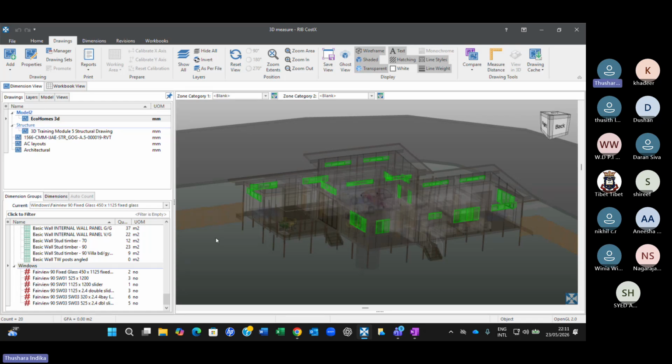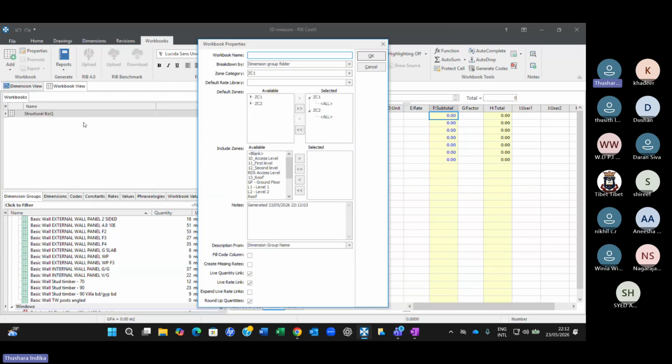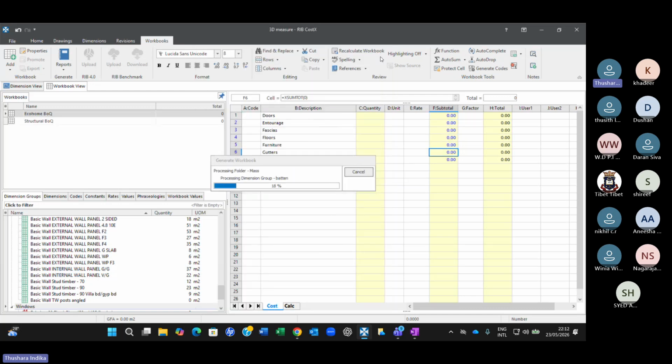Okay, how to prepare a BOQ? Since you have generated all the dimension groups now, you go to workbook and say, generate workbook from the dimension groups. So what you do is you select all of them, all the quantities, not a particular item, and then say Eco Home BOQ, right? Eco Home BOQ. And you say okay,